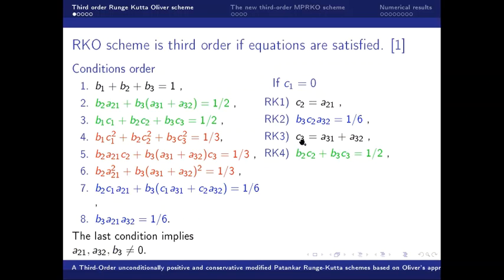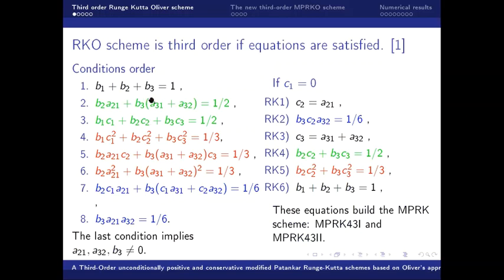If C3 is equal to A31 plus A32, this equation reduces to equation RK4 on the right. Similarly, the green equation reduces to equation RK5,